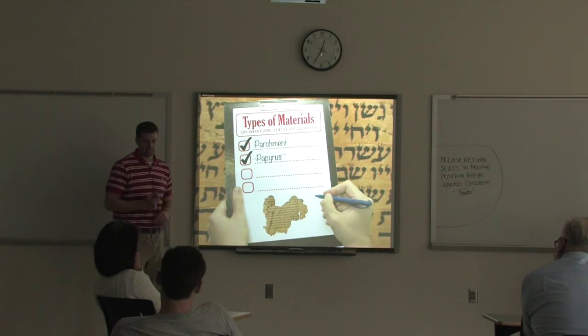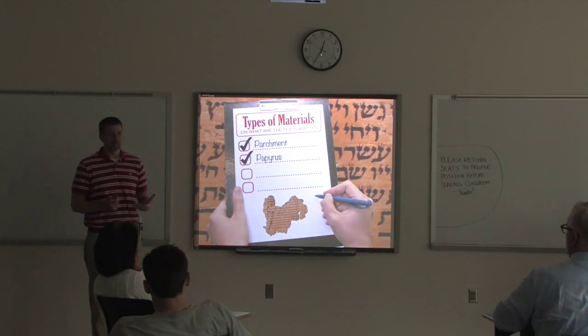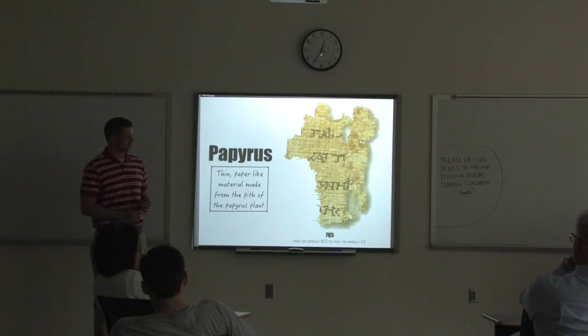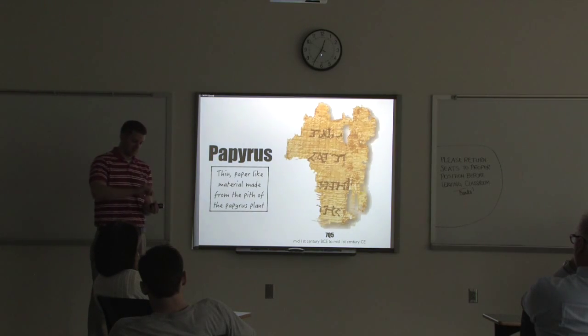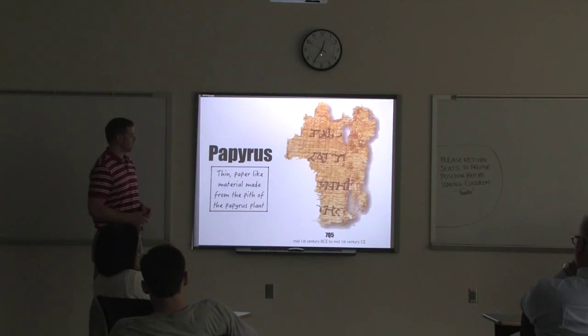Other kind of text that we have is papyrus. Papyrus is kind of like an ancient paper. This is what papyrus looks like. This is another old scroll. This is 7Q5. And what they would do with papyrus, this is a plant, they would cut in two, take a strip and put it horizontally, put one vertically, and arrange these like an ancient paper. And they could write on this like you would on your paper.